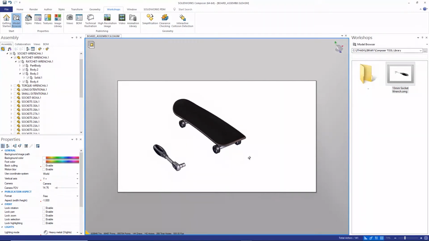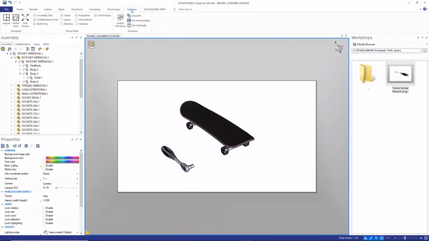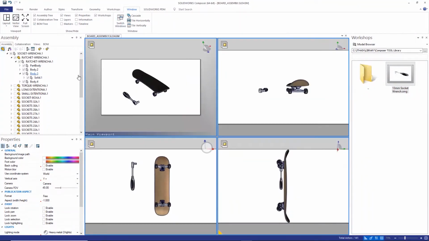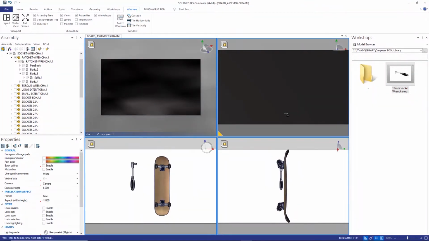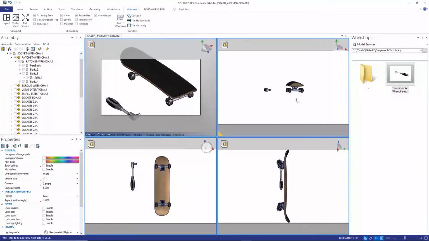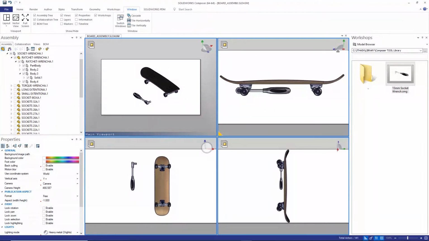Now, what I just want to show you is that we've got different ways of breaking up our viewport. Under the window option at the top, we can change the layout, so we can change it to 4 planes. Now you can see here, and this is actually useful if you turn the perspective off, by the way, as well. So for example, I'm going to turn the perspective off here, and you can see now that we're working, generally speaking, with a proper orthographic projection, so something like that.